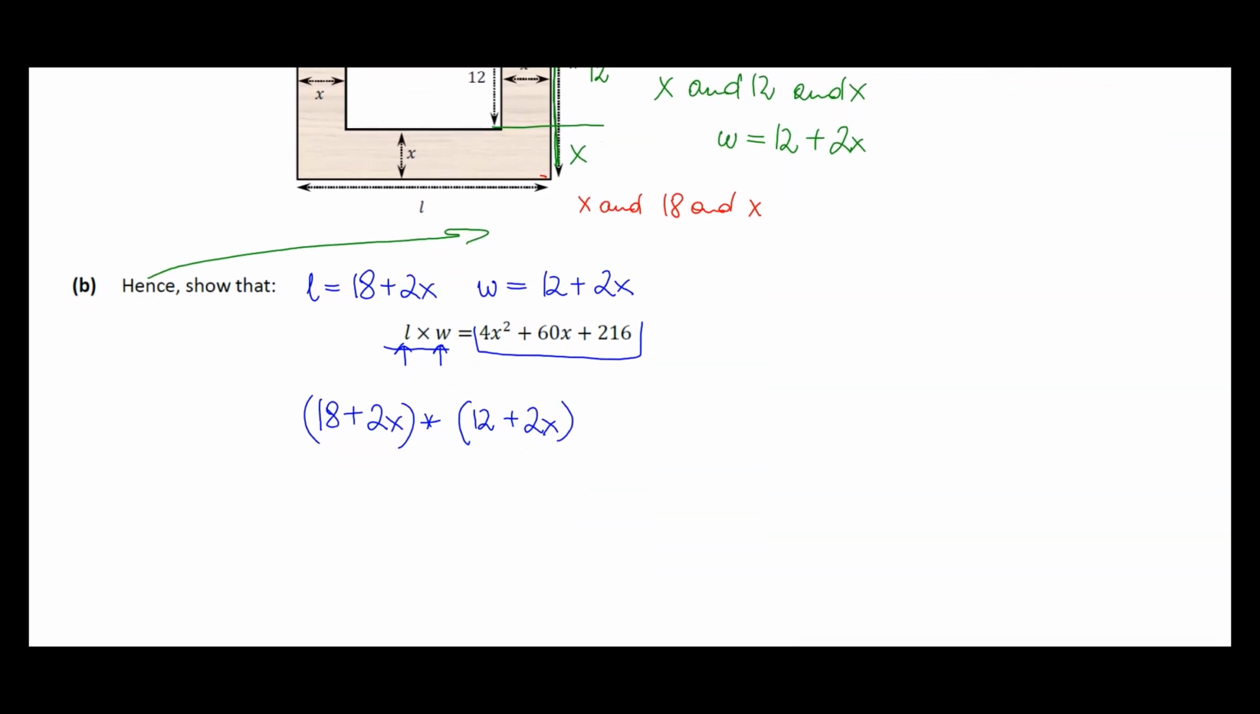How do we multiply a bracket by a bracket? We have to multiply everything by everything. And drawing arrows is a good way so that we don't omit any value. So 18 multiplied by 12, we put it in the calculator, and we get the value of